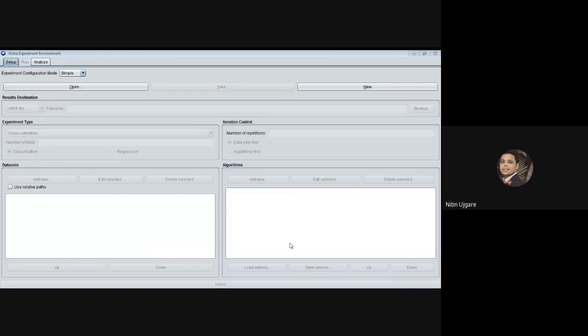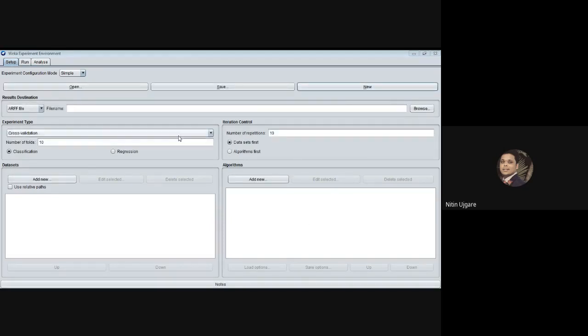As I told in yesterday's session, the Experimenter application is specifically used to evaluate the performance of multiple classifiers, right? So we'll see how to evaluate the performance of multiple classifiers. Click on New, and all the fields of this window will get enabled. Now we are supposed to add the data set first, and then we apply the different classifiers on that data set to see the performance of different classifiers in order to select the best classifier with the highest performance.